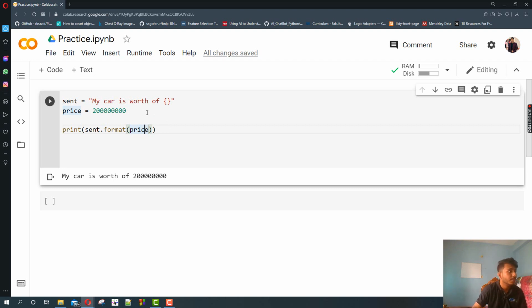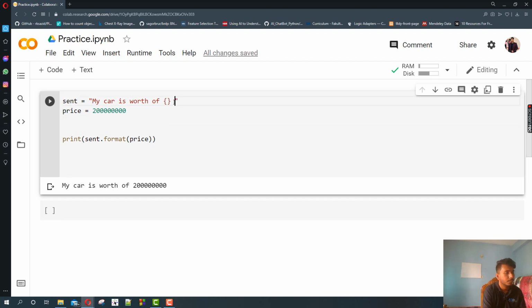Suppose you want to write like this: its tire price is, and its, maybe I am also adding some string with this, color is. You can add a string like this also.